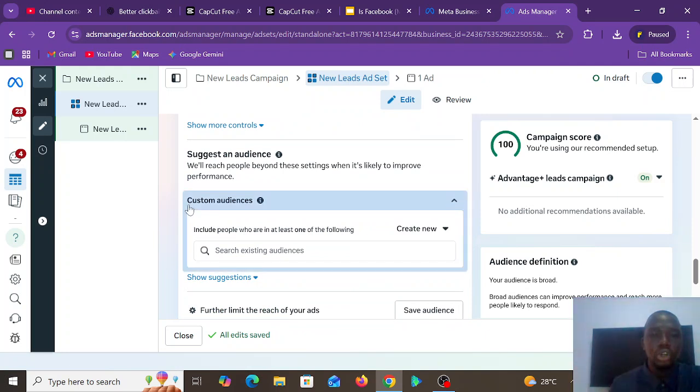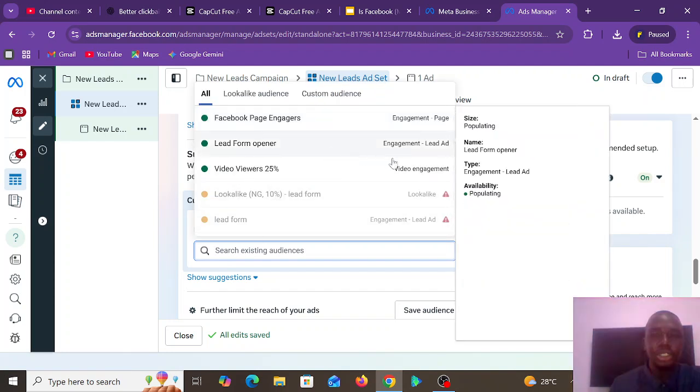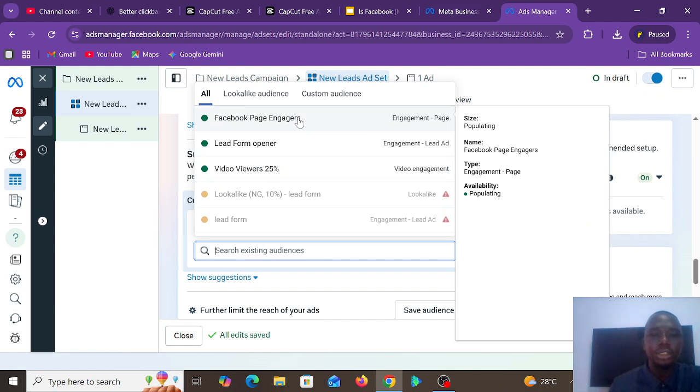You can see custom audience. So if I click on this, it's going to show me what I just created. You can see Facebook page engager, lead form opener, and video viewers. I'll click on this.